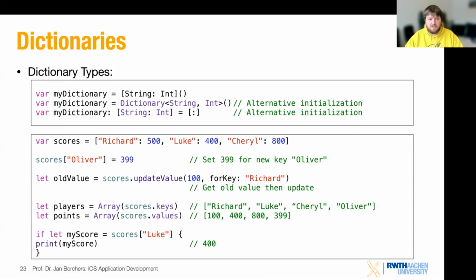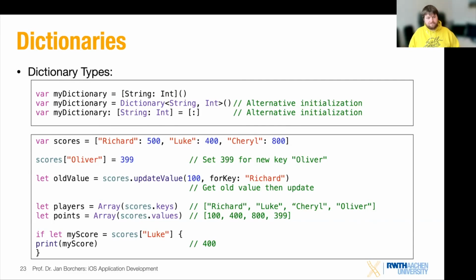And similar to the arrays, you could also specify the type using the pointy brackets. They're just separated by a comma, your different objects that you're using. So for creating a dictionary, you can also directly create it and fill it with values. So here we have again our scores that have a string as a key and integer as the object that are associated with that. And the compiler then will already infer that it's a string for keys and integers for your values.